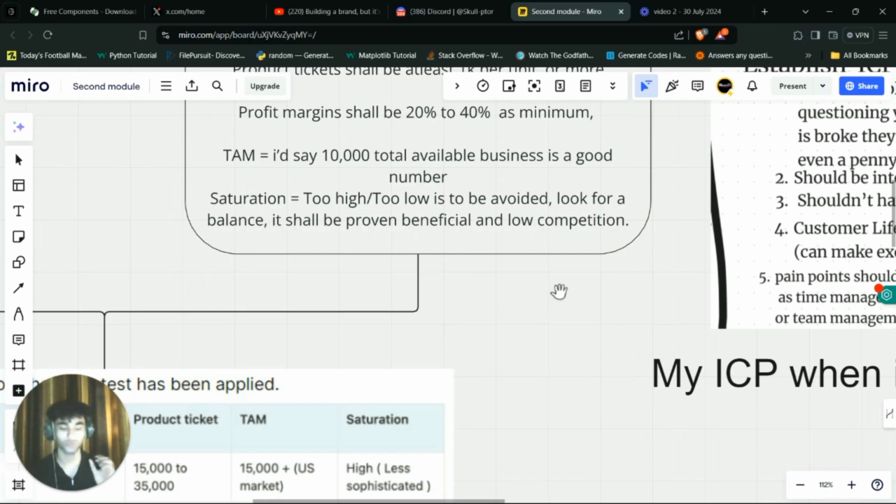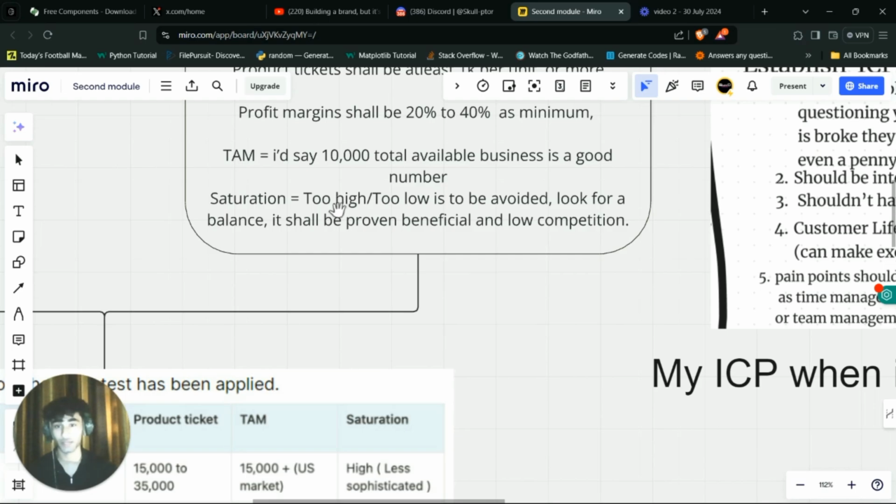Now I'd like to touch on this very shortly. When the saturation is too low, it means that this thing doesn't work, or you will have to reinvent the wheel, and that's something we don't want to do as a beginner. You can do it, all right? You can innovate and invent something new, but it'll take you a lot of time, and we are here to make some money fast so that in the future we can build better projects, like reinventing the wheel, let's say.